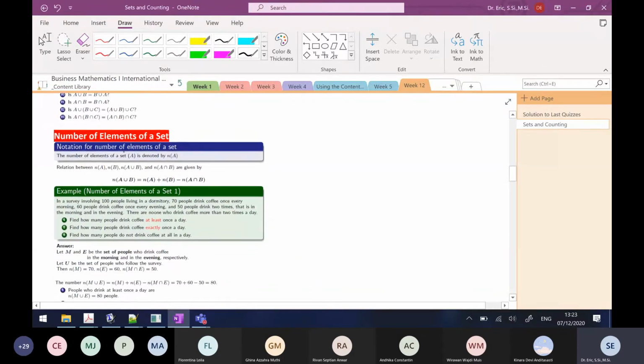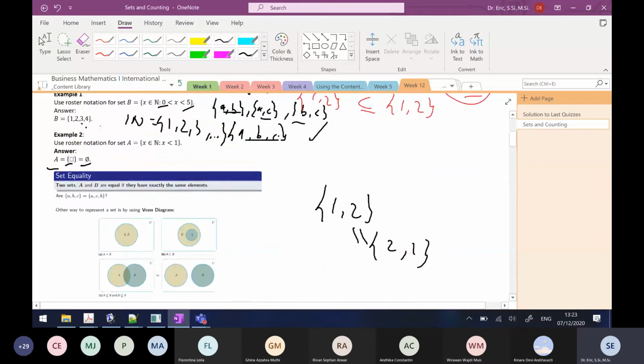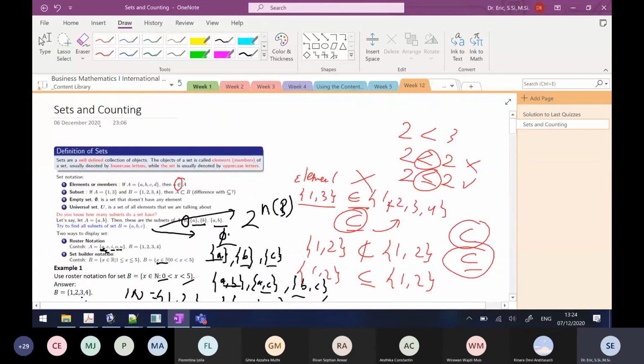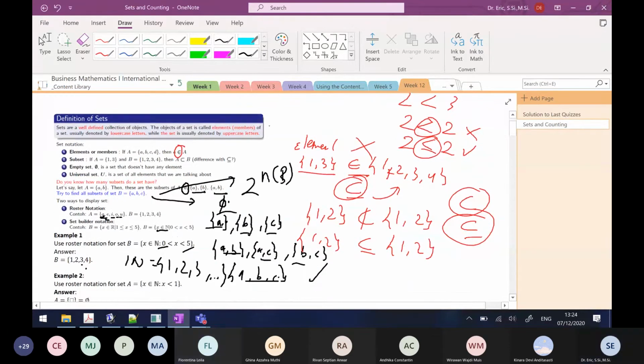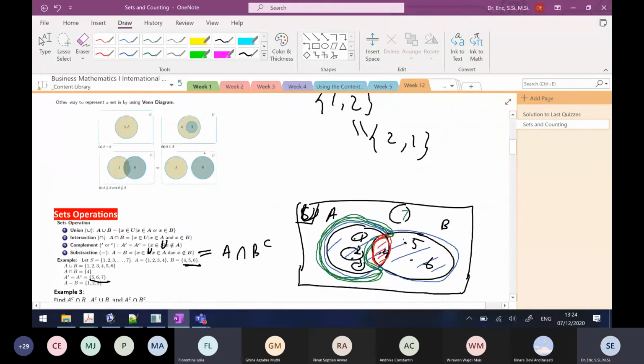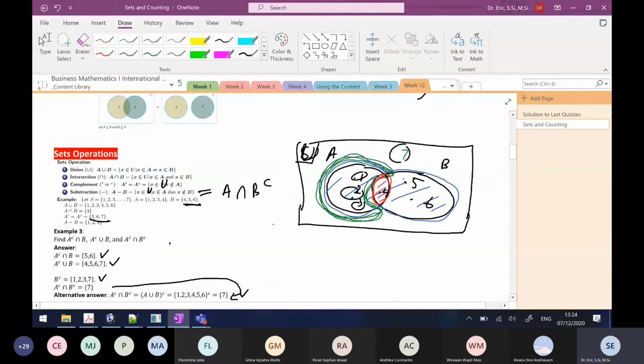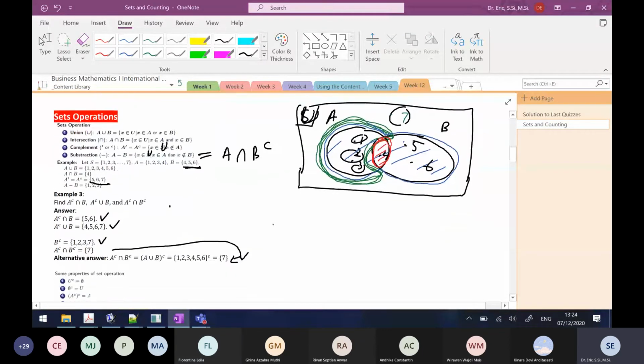Do you have any question about sets and operations? Sir, I have a question. Yes, your name? Florentina. Yes, Florentina Laila, your question. I did not really get the complement part. Can you explain it, please? Okay. So the complement is this. Do you want to do this by using a Venn diagram or not?